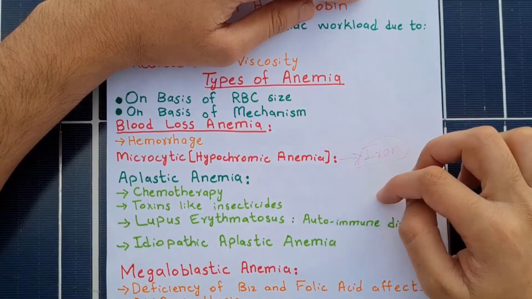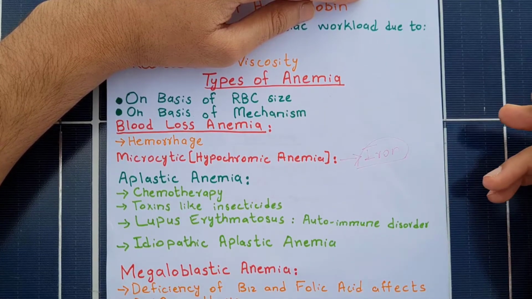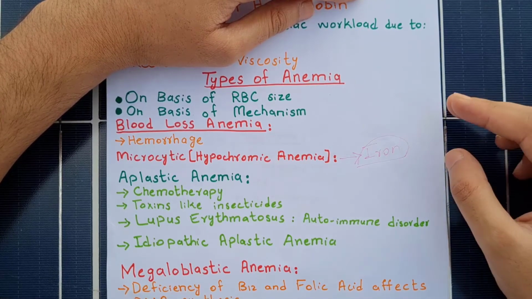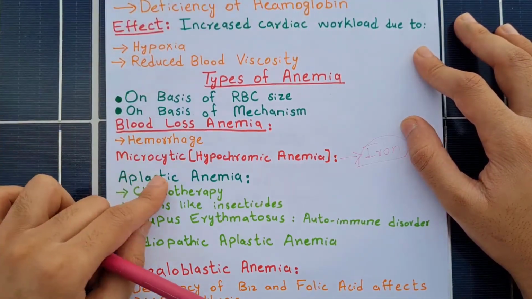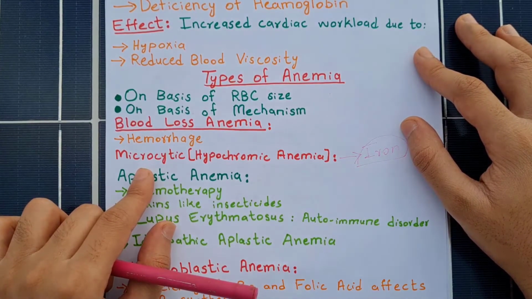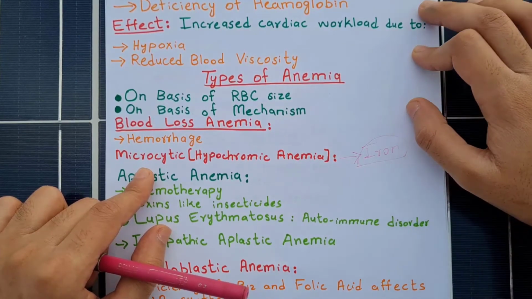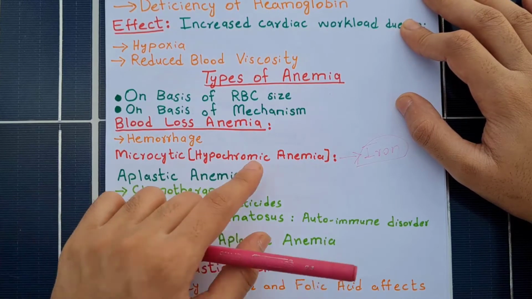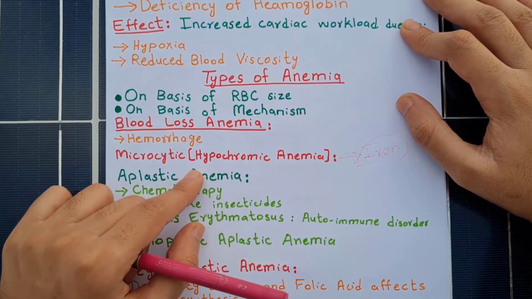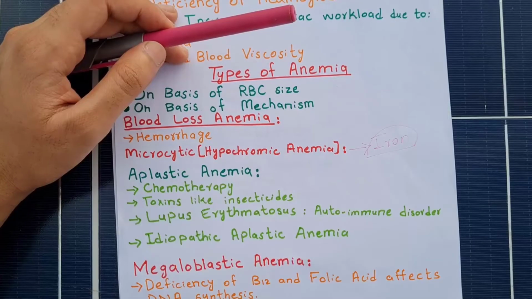As iron requires a longer time for its absorption through our intestinal tract, the requirement of iron exceeds its absorption from the intestinal tract. This leads to deficiency of iron and a condition known as hypochromic anemia. In case of hypochromic anemia, there is a deficiency of iron. As we know, iron is an important constituent of hemoglobin, so the hemoglobin content of RBCs will be greatly reduced. This will result in reduced size of RBCs, known as microcytic anemia.